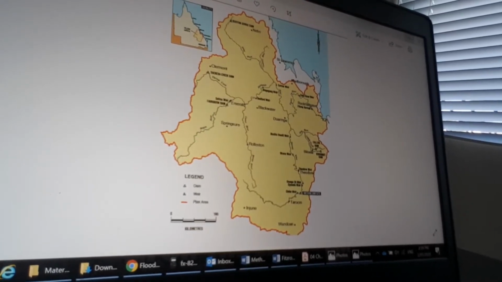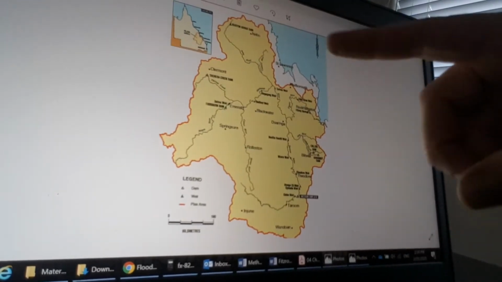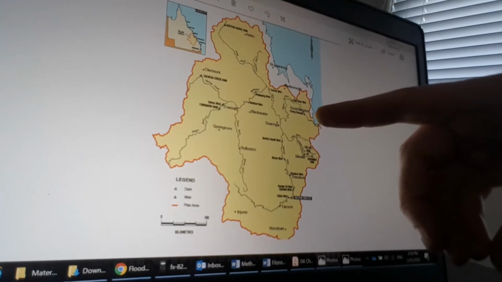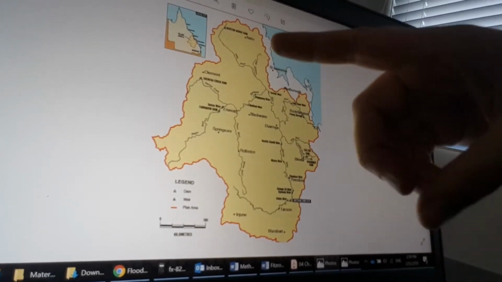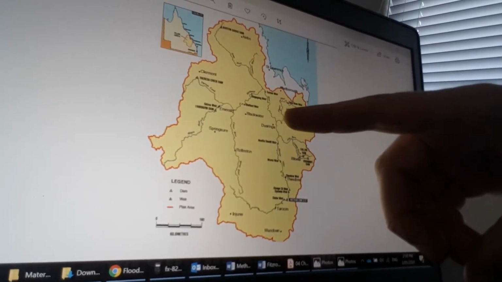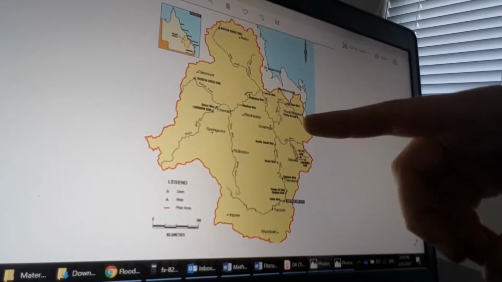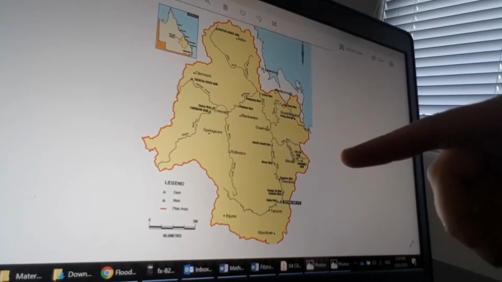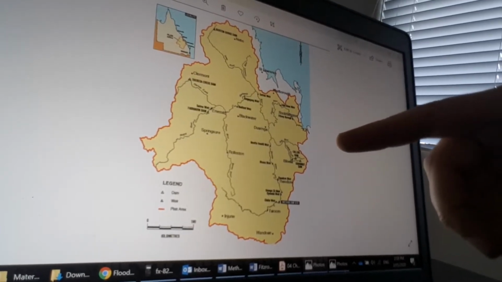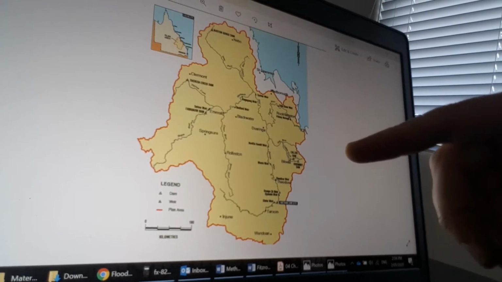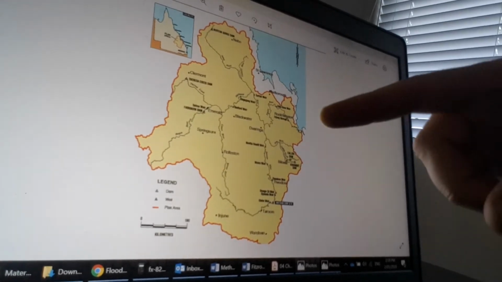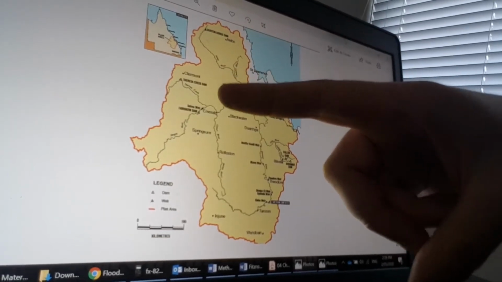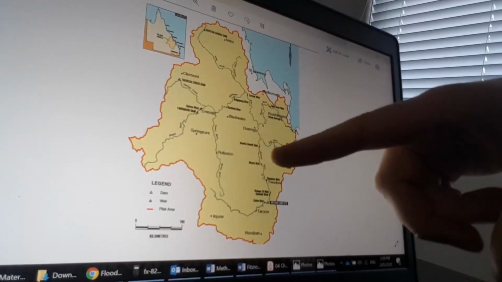What that means is that rain that falls in this massive area, and a main point here is Rockhampton, because all the rain that falls here and goes through the river system ends up going through Rockhampton, a glorious, glorious floodplain, and out to the ocean. But this thing is huge. It actually covers 142,665 square kilometres. Nebo up here is getting close to Mackay, Claremont, heaps of mining areas, Emerald, Springsure, Rolleston, even